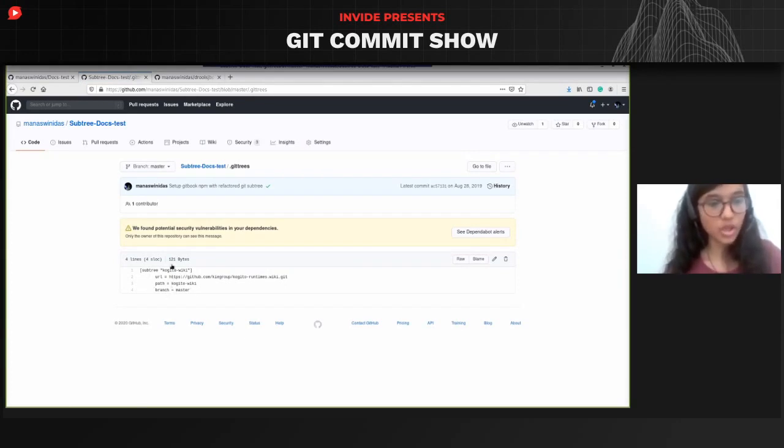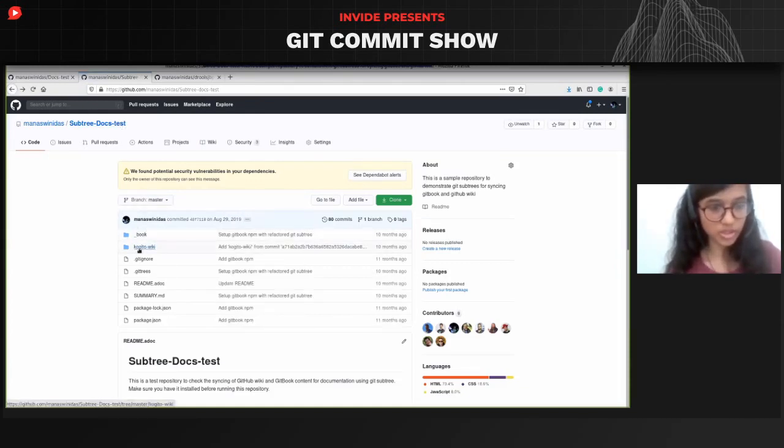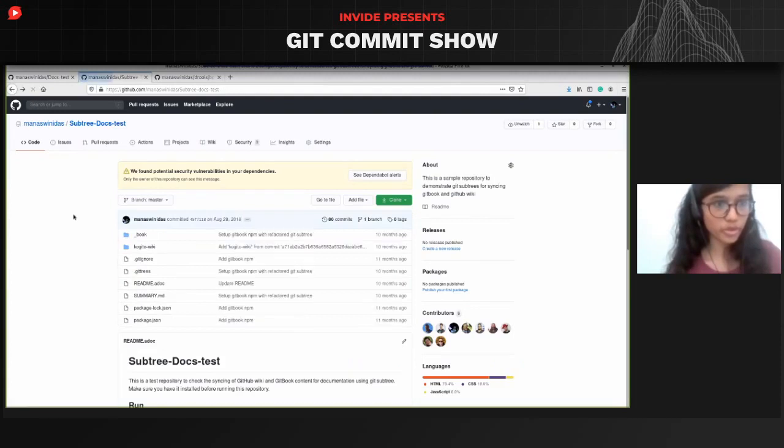This is new. So the next thing is we are in subtrees docs test, so we'll just click onto that. You can see that it doesn't redirect to some other repo. It just stays there as a subfolder. So if you want to just get the git subtree with the .git trees config file, you can do it. I have attached the links in the upcoming slides. You can get your hands dirty using that.